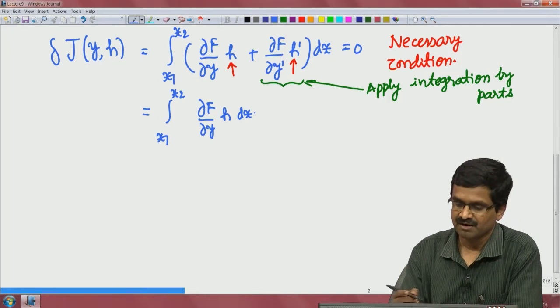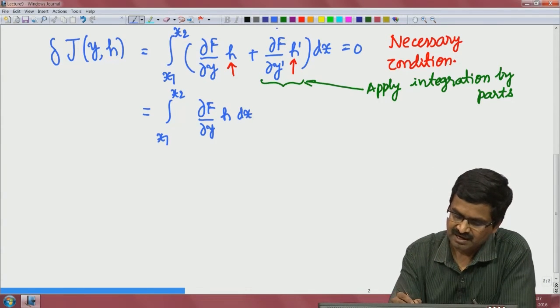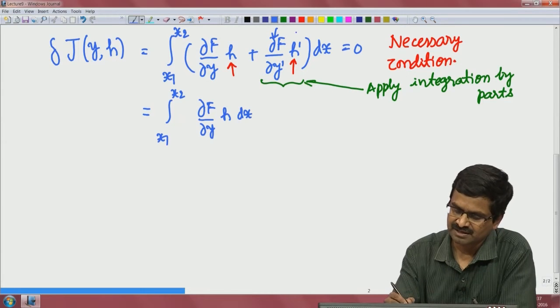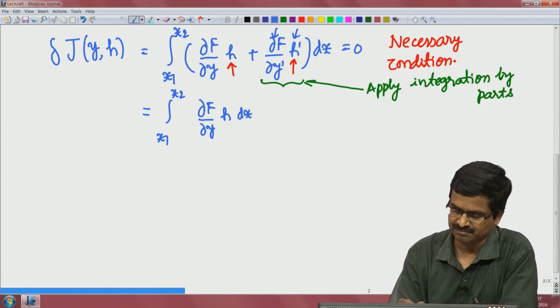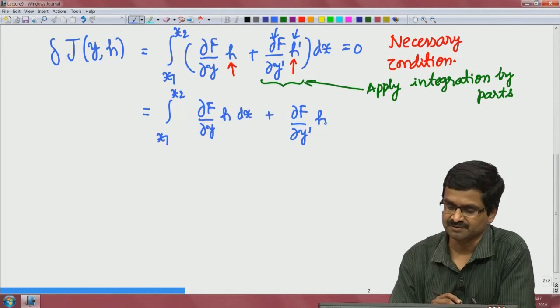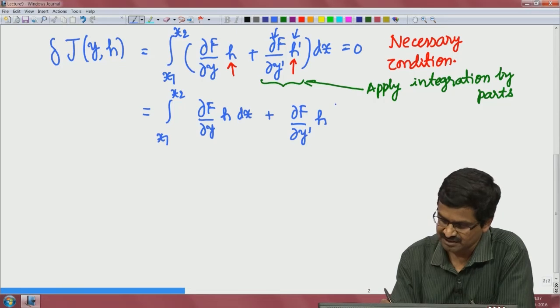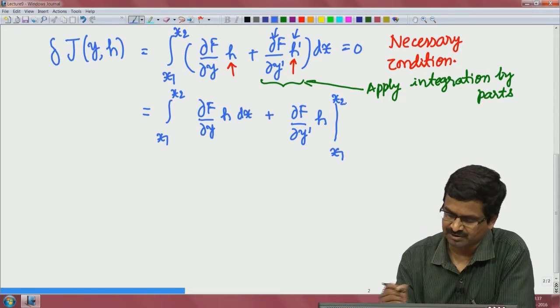For the second one, we will take this as the first function, this as the second function, meaning normally what we write, the first function into the integral of the second function. So, h′ is there, the integral of the second function becomes h evaluated at the two end points, the boundary, and